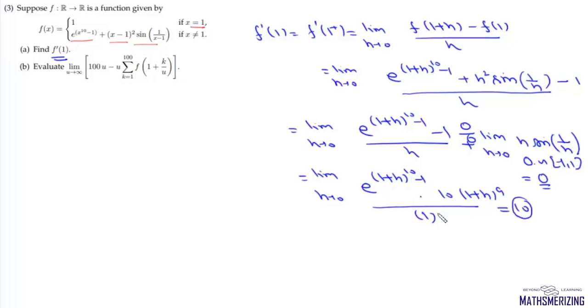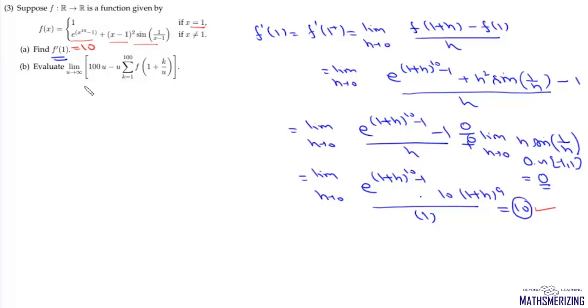And in this problem, I should also work out its left hand derivative. So if I find f dash 1 negative, I'll take f(1 minus h) minus f(1) upon minus h. This part will again be 0. Here I'll have minus h and minus h, so minus and minus will again cancel. So again I'll end up getting this value 10. So I won't solve this left hand derivative part. So value of f dash 1 is 10.